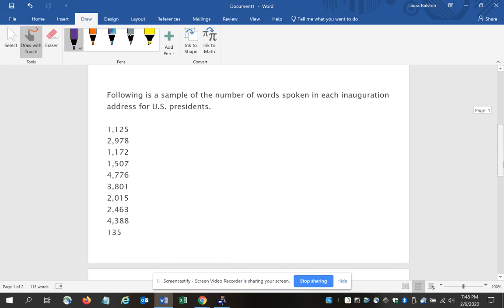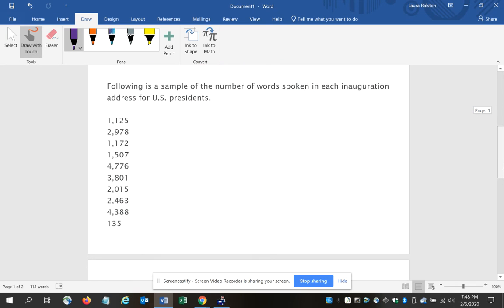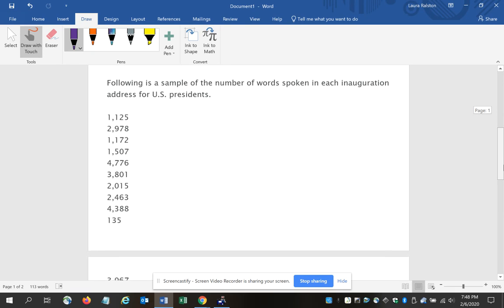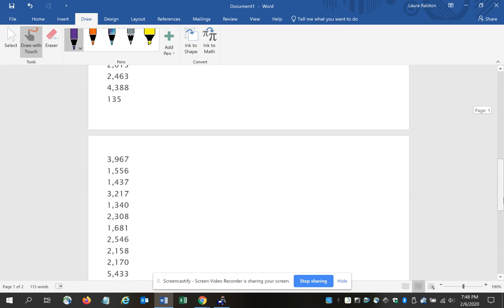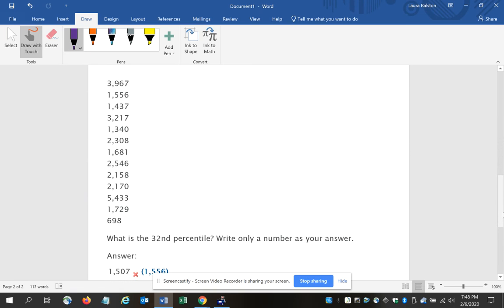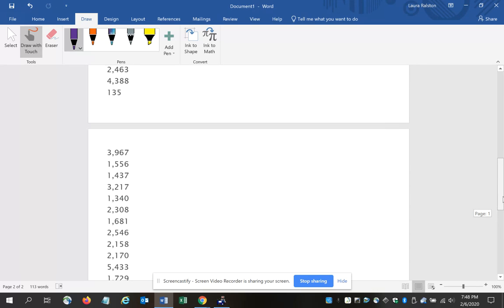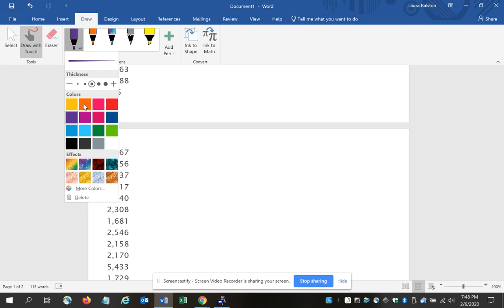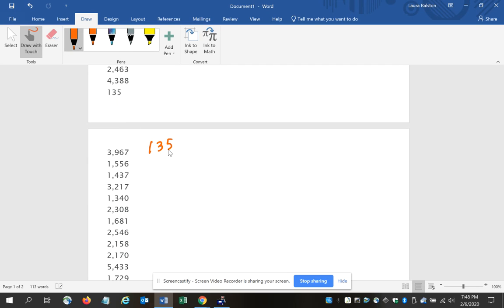This says, following is a sample of the number of words spoken in each inauguration address for U.S. presidents. Okay, so then you have this list of numbers. Now, one of the things that I noticed in this particular list is that the values are not in order. So the first thing that I need to do is put them in order. And I've already done that on a separate piece of paper. So I'm going to write them in here so that it wouldn't take us as long to take a look at it. So we would have 135,